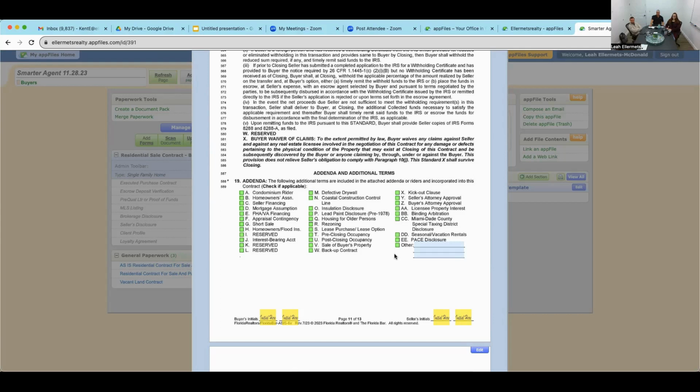Pretty big one, isn't it? That needs to be included here. If they don't include the home sale contingency addendum, they muddle the waters horribly. They're acting as though their buyer is a cash buyer. That buyer is only a cash buyer if their home sells. If that falls through, their escrow is at risk